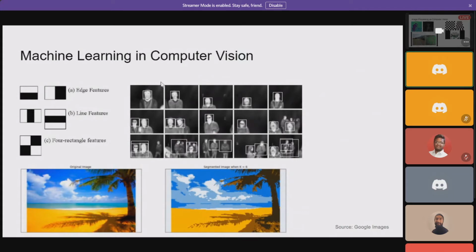Then researchers worked on machine learning in computer vision. So they were able to do a number of different tasks, like face detection, object detection, face landmarks detection, even image segmentation. But the problem here is that researchers, or we humans, still need to tell the computers what they are to learn. They cannot simply identify what needs to be learned in any given specific context. For instance, in face detection, we are required to give